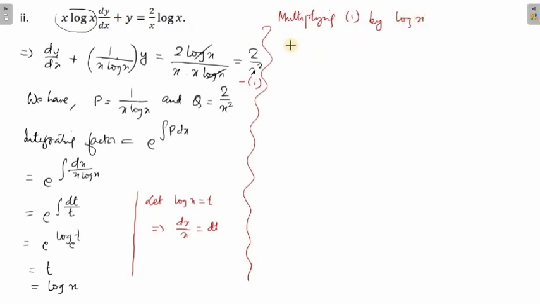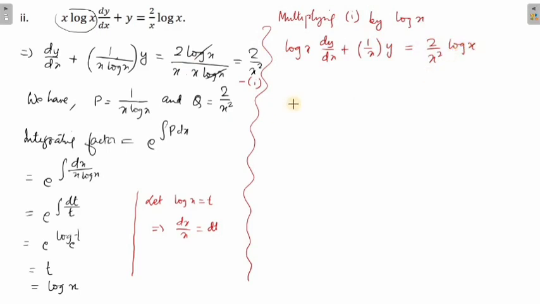When you multiply with log x, you get log x dy by dx plus, when you multiply with log x, log x gets cancelled, so you get 1 by x y, is equals to, so here you are going to get 2 by x square log x